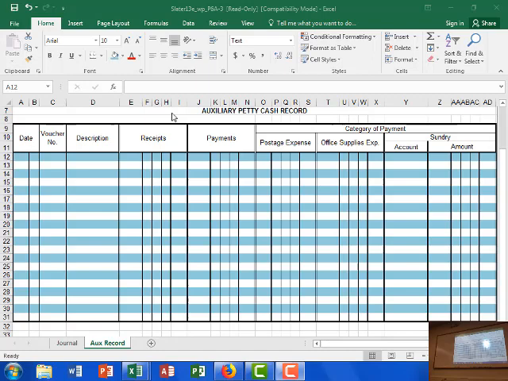But if you know that you're going to be buying postage consistently, or having packages delivered and you have to pay what is called COD or cash on delivery, then you pay it out of petty cash, and you pay that delivery fee. If you're always going to have some kind of a cleaning expense, either buying supplies or paying somebody to come in, depending on how much you have in your petty cash, then that would be something that you're going to categorize as well.